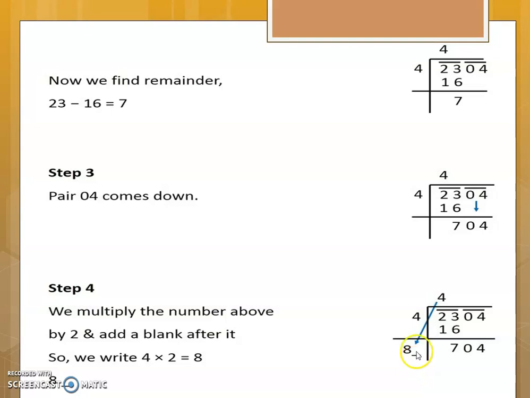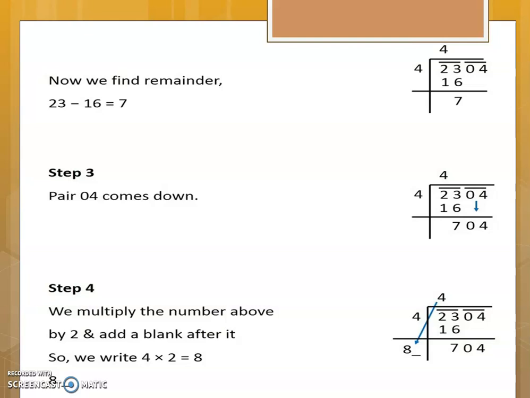So you have to add some digit next to 8 and multiply that with the same digit. Like if you are adding 1 here, 81 into 1 is 81 only. 82 into 2 will be what? 83 into 3 will be what? That way you have to check. So add a digit and multiply the number obtained with the same digit. So 83 into 3, 84 into 4, 85 into 5.